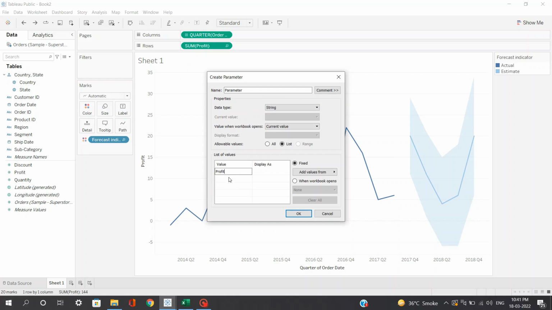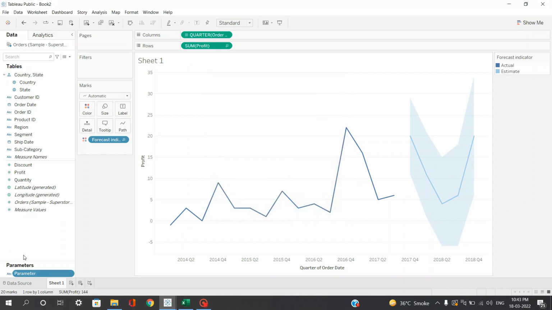So the first option the user will be selecting will be profit, then quantity, and finally discount. So the user can choose the values between profit, quantity, and discount. So we'll just click on OK. Now you can see our parameter is ready in this parameter option, and you can click on this drop down